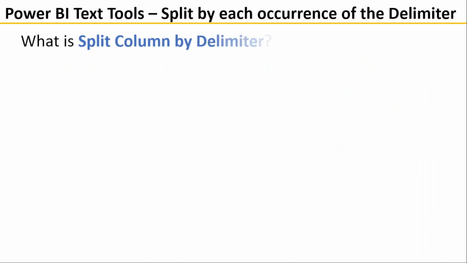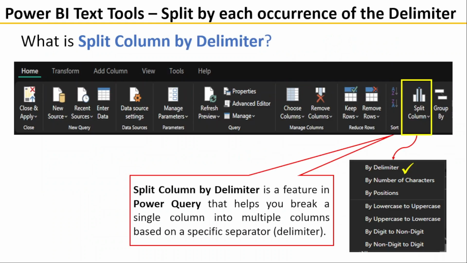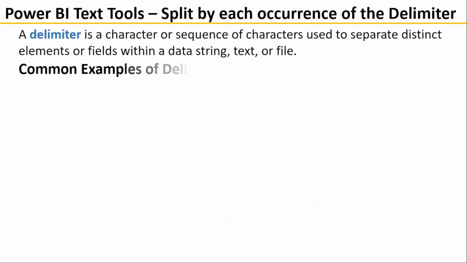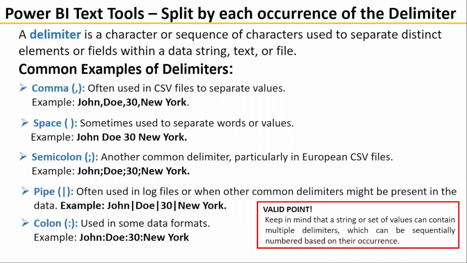What is split column by delimiter? Split column by delimiter is a feature in Power Query that helps you break a single column into multiple columns based on a specific separator called the delimiter. A delimiter is a character or sequence of characters used to separate distinct elements or fields within a data string,